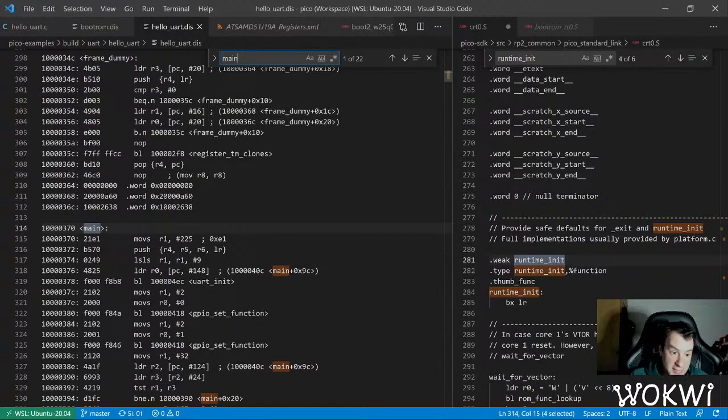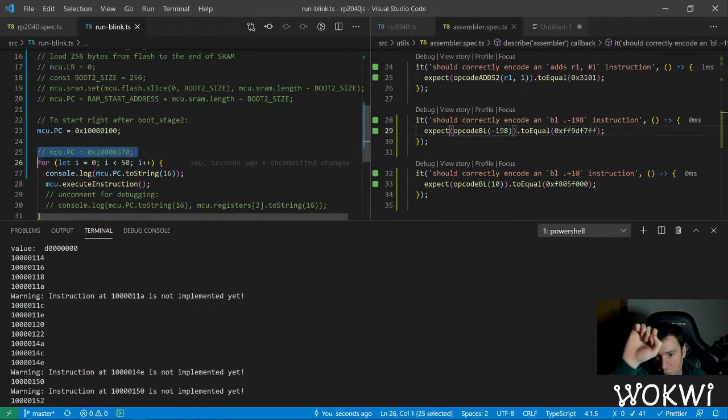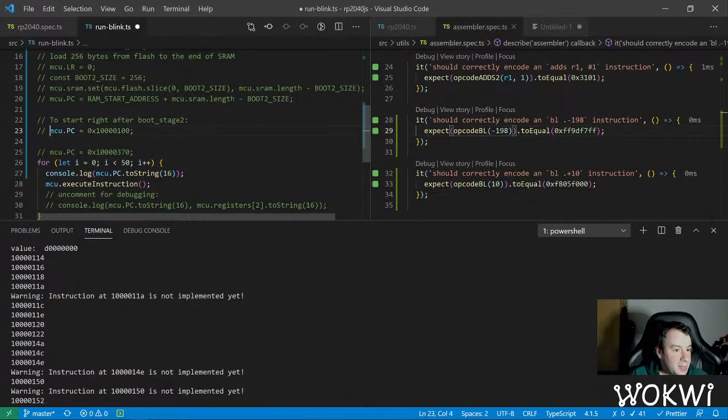So maybe next time there is a hope that we will get to the point where we can just load an arbitrary program and it will start executing without us needing to tell it where to start, to pinpoint the address of main. It will just execute all the code and get to main. I'm optimistic, but that's the way to keep it going. So I think we'll wrap it up for today, and let's